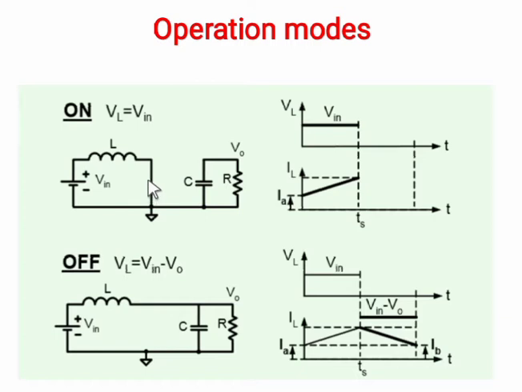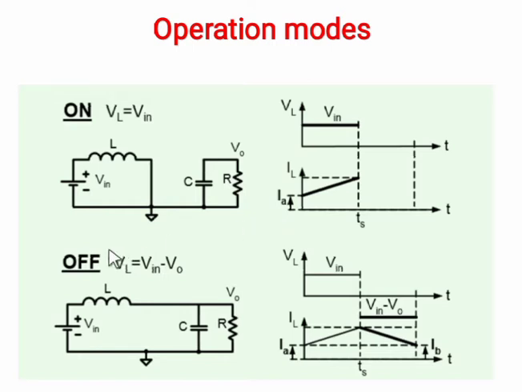As we know, when we apply the supply to an inductor, the inductor initially acts as an open circuit. So the initial current through the inductor is very small and increases linearly to the peak value. The inductor current IL starts at magnitude IA and increases linearly from IA to the peak current during mode 1, when switch S is on.